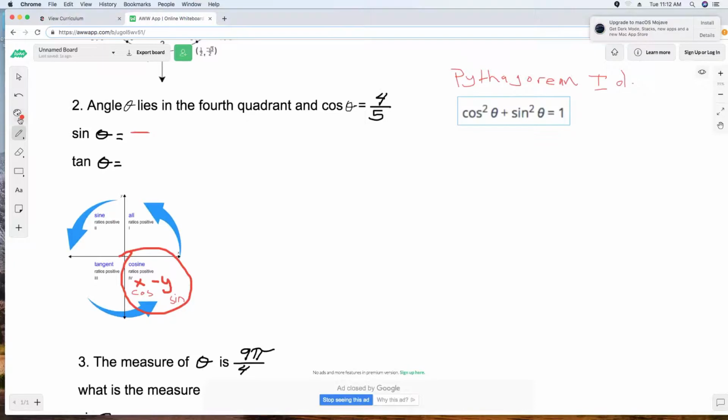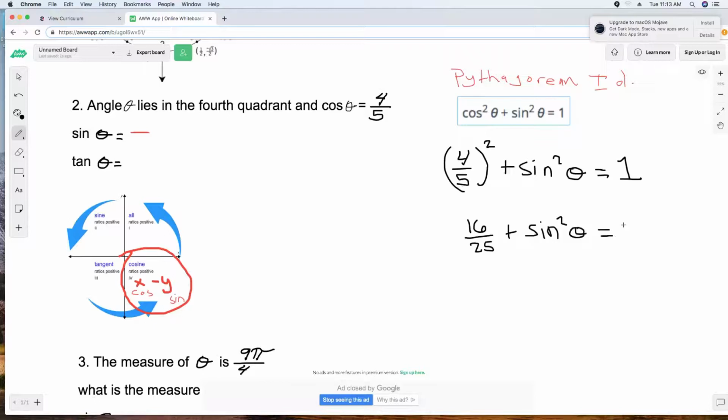Okay, so let's go ahead and solve for sine. So we have cosine squared theta, which is the same thing as 4 over 5 squared, plus sine squared theta equals 1. Now what I'm going to do is square each part of the fraction. This is going to be 16 over 25 plus sine squared theta